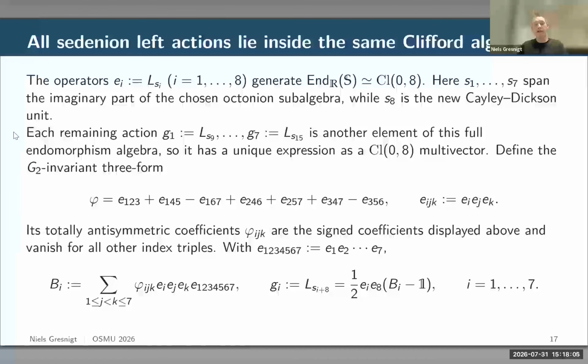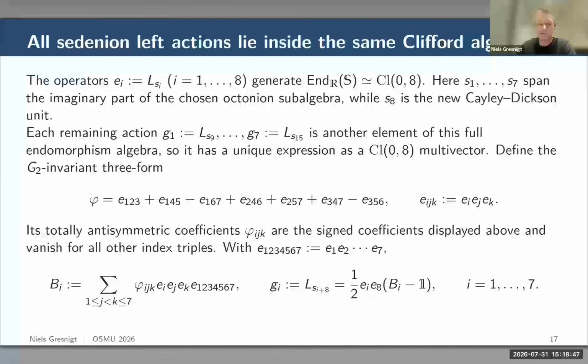Well, for the sedenions, we have 15 imaginary units. And so far, I've used the first 8 to generate a basis for CL08. That means that the remaining 7 sedenion imaginary units should then correspond to some CL08 multivector, because they're also going to be 16 by 16 matrices, and so it must be possible to represent them as some element of the Clifford algebra. And it turns out that you can write these remaining sedenion left actions in terms of the G2